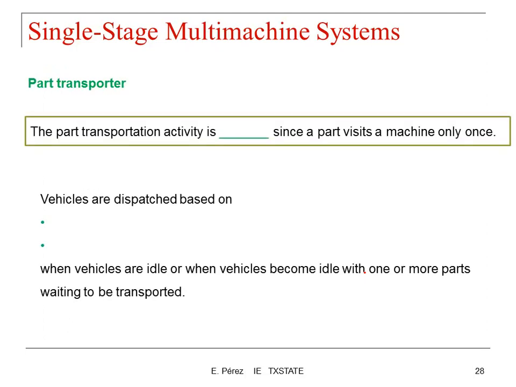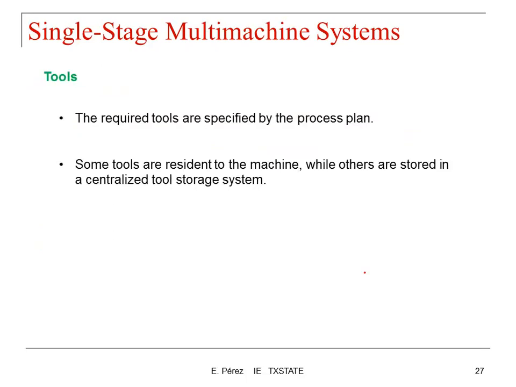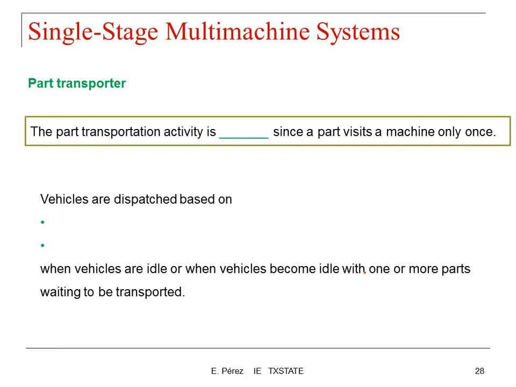So in terms of the part transporter, the transportation activity is minimal, since in this type of system you're gonna be visiting only one station. You perform all the operations on this part on that station, and then you remove the part and take it back to your storage. Vehicles are dispatched based on the parts